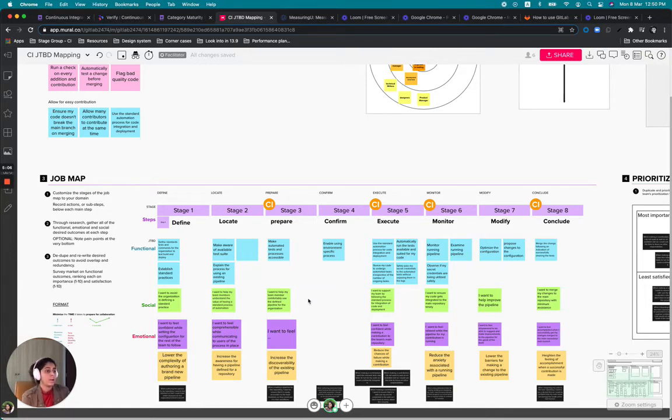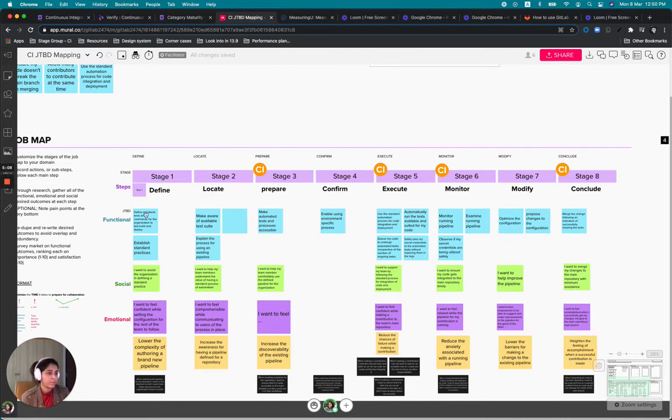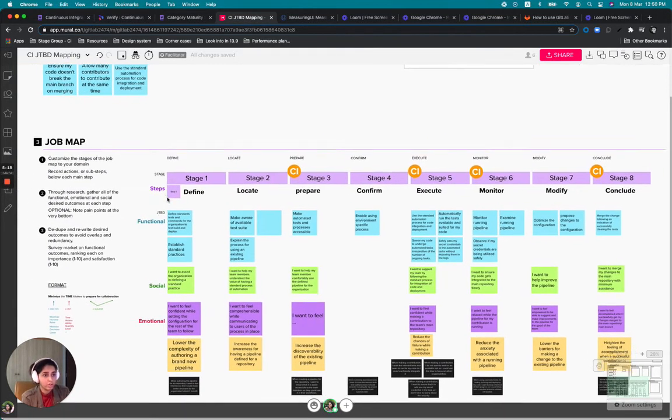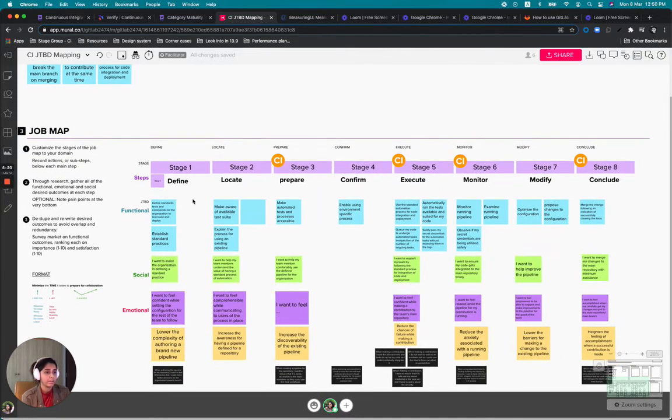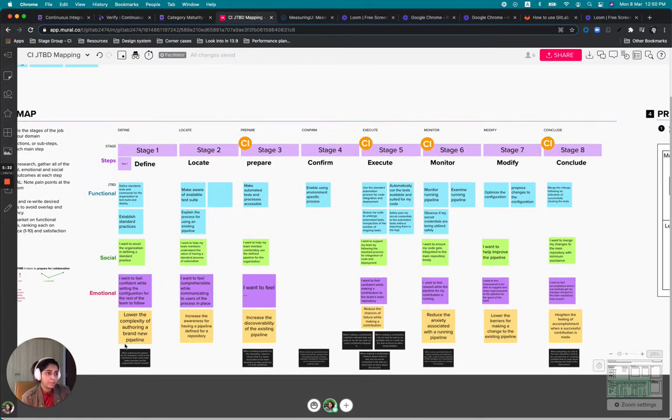Now, even though I have information for each of these categories down here, like at different stages of interacting with GitLab CI, what are the key functional jobs which are in the picture, and the associated social and emotional information there. But for the next step, I tried to only focus on the JTBDs that are closely associated with CI,